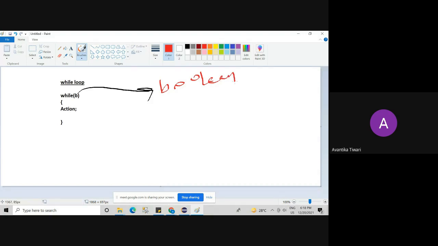Now, how to decide whether we have to use while loop or for loop or do while loop? There is so much confusion. So many loops are there. Which one to pick? Can anybody tell me how to decide that we should go for while loop? Quickly, we don't have time.